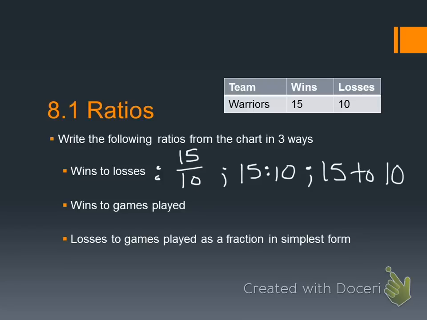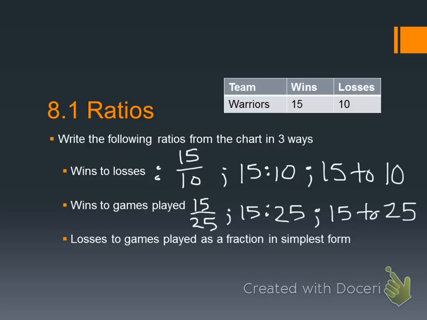Or I could do wins to games played. Well, they won 15 and they played a total of 25. So again, I can just write it in those same 3 ways. 15 to 25. Now the third one says to give the losses to games played as a fraction in simplest